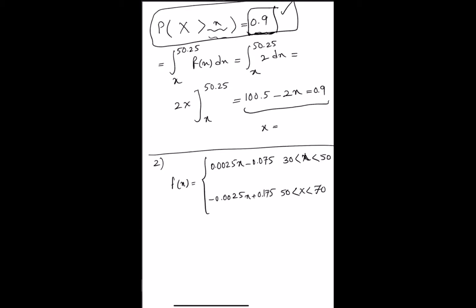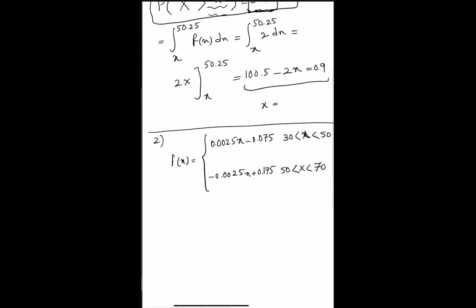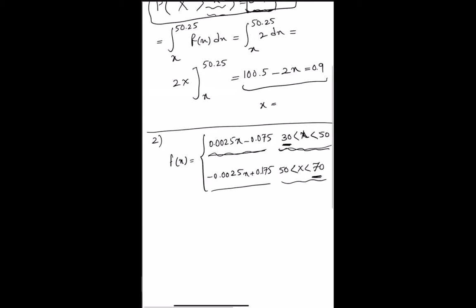So far, pretty much all the examples that we had, we just dealt with one function for a specific range of x. But here, the value of x can change between 30 and 70, and when x is between 30 and 50, we use this functional form, and if x is between 50 and 70, we use this functional form, and that's absolutely okay. We have just two different functional forms for the probability density function of this random variable, and that's perfectly fine.